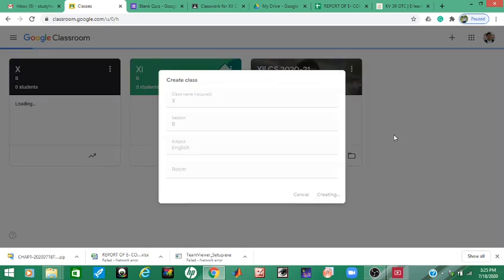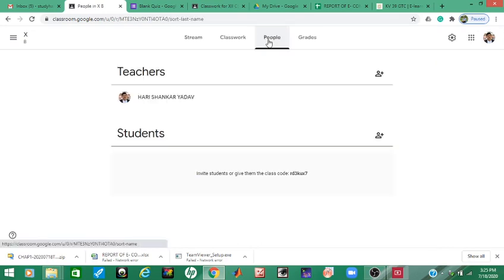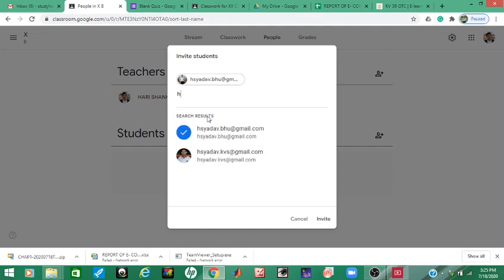After creating the class, we have to invite our students. To invite our students, if we already have the email IDs of the students, then go to the people option. In this people option, select the invite students option, and supply here the list of emails of all the students in your class.